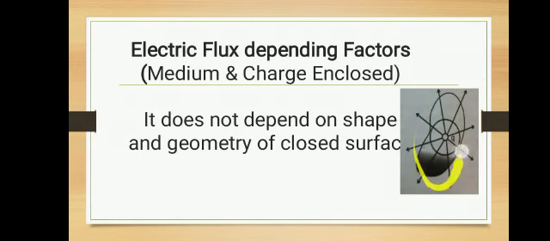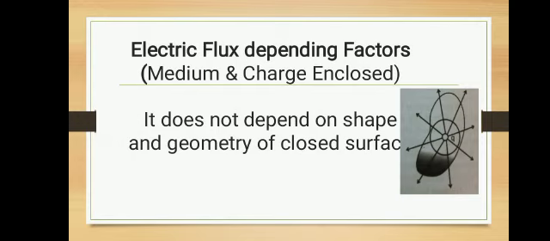Now look at this figure. In this figure, this is the previous case. This is a circular shape. This is a sphere having a charge at the center. This is a sphere enclosing a charge at its center. While this, now we have this sphere again enclosed in a closed path. So it is clear this charge Q is enclosed within two closed surfaces. First, it is closed within this spherical shape. Second, it is closed in this arbitrary shape. Right?